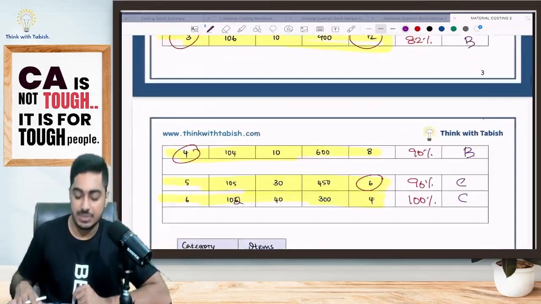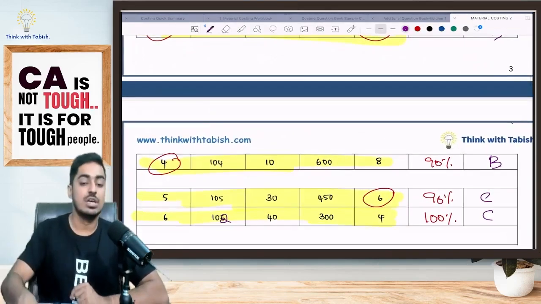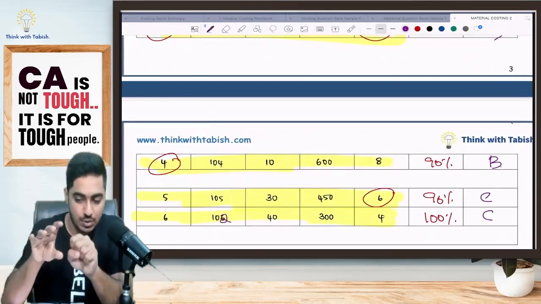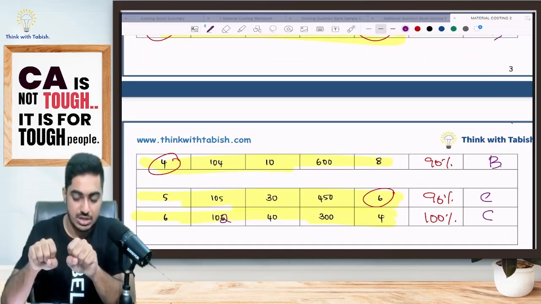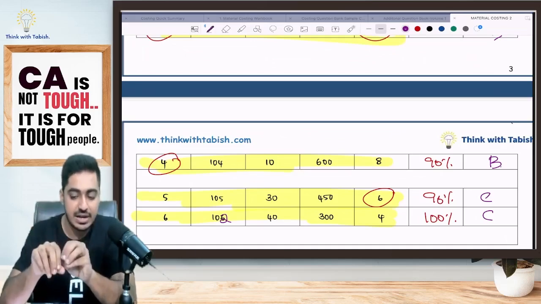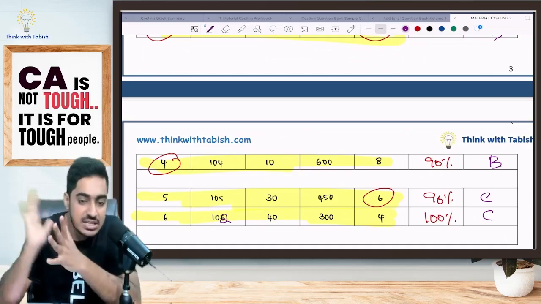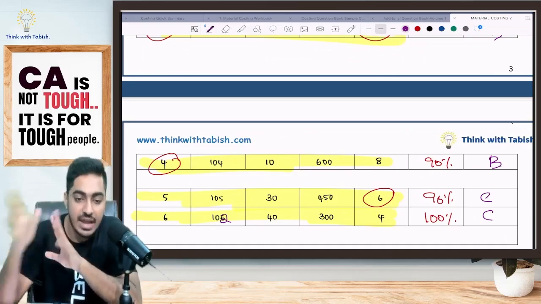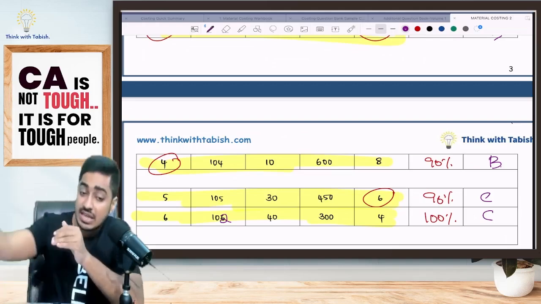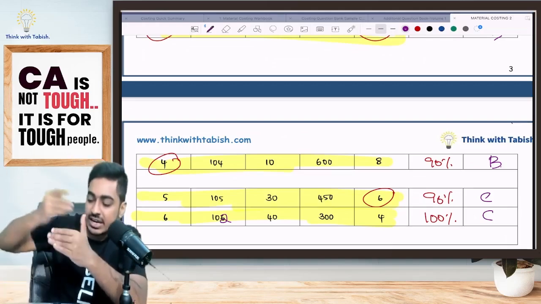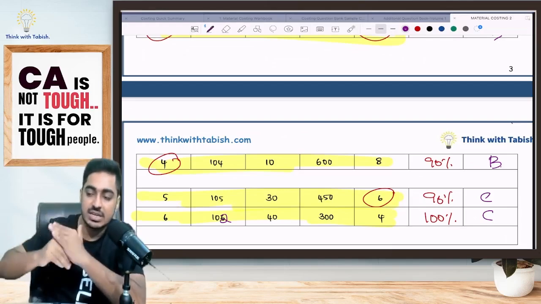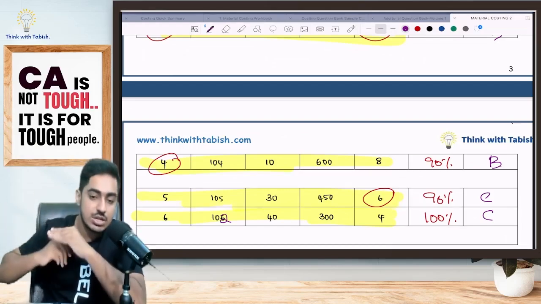So again, let me just summarize things for you. Pay attention. The question will give you quantity and price per unit. In the same data, I will write down that data, multiply, and get the value. I will calculate the percentage of value. Based on that, I will give the ranking. Now, based on the ranking, I will rearrange the data. First ranked item, I will write first. Second ranked item, I will write second. Third ranked item, I will write third. So on and so forth.